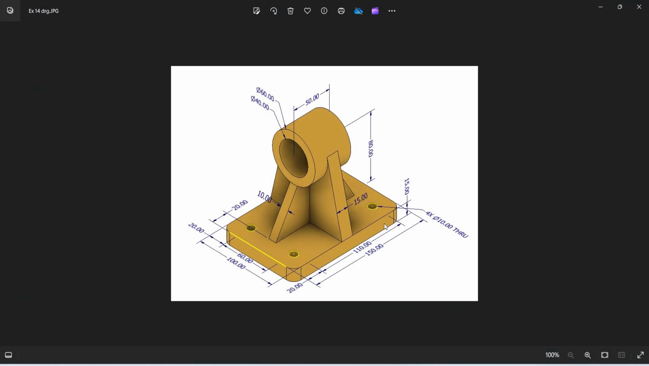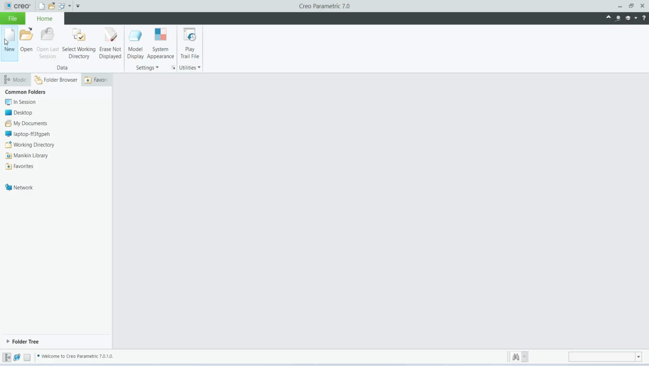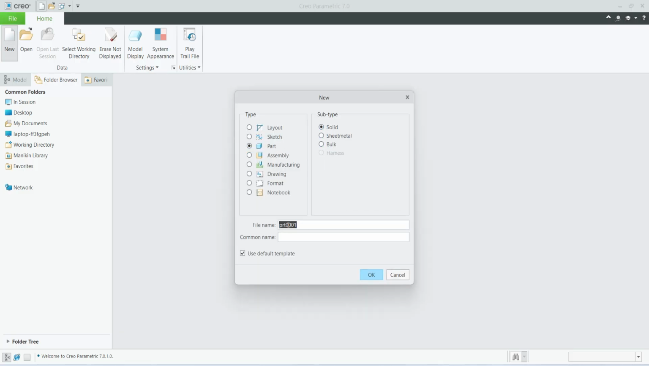So you can see I chose this drawing to make the 3D model. All the dimensions are in mm. The base dimension is 150 and 100. Thickness is 15 mm. I will start with the base: new, part, solid,